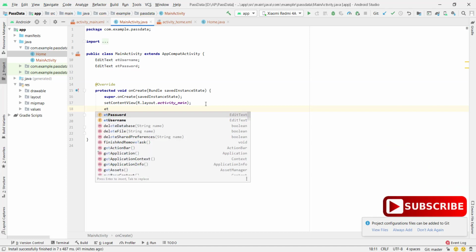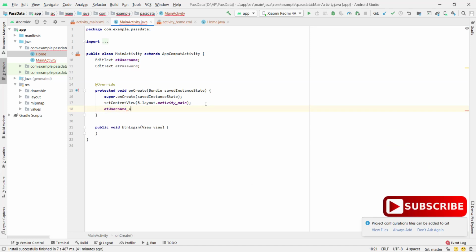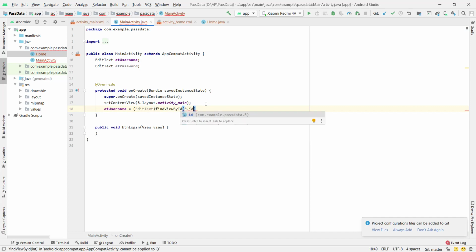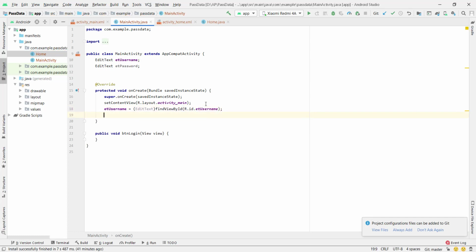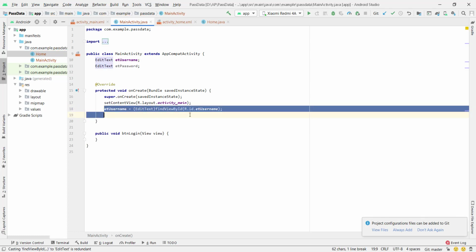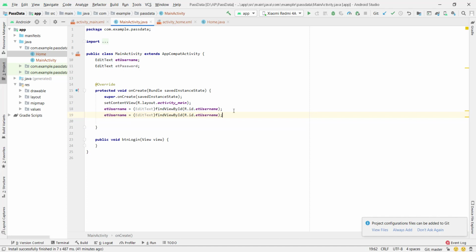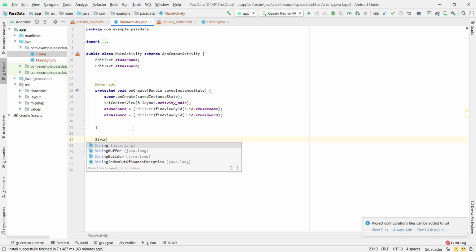So editTextUsername is equal to, and we are doing casting here, EditText type, findViewById, R.id.editTextUsername. Same for the password. So let me copy this and paste here and change this to editTextPassword, and same here also, editTextPassword.